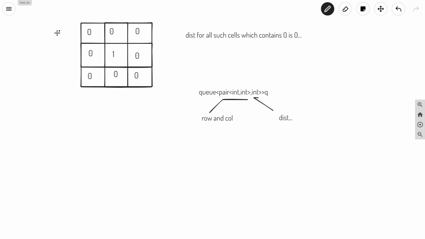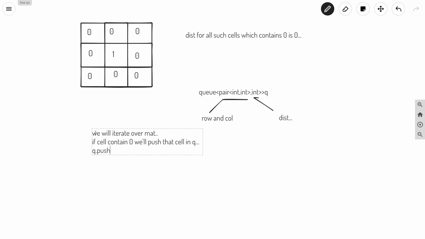So what we'll do is iterate over all the cells of the matrix, and if the cell contains 0, we will push that cell into the queue.